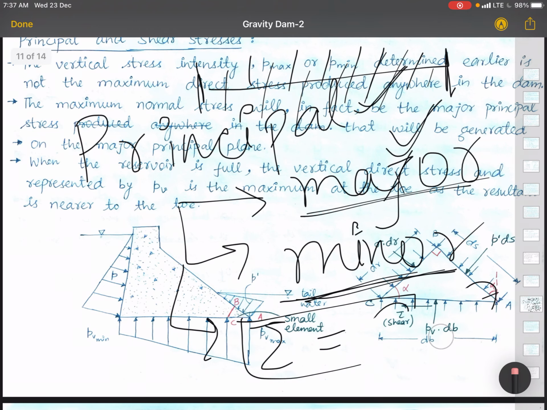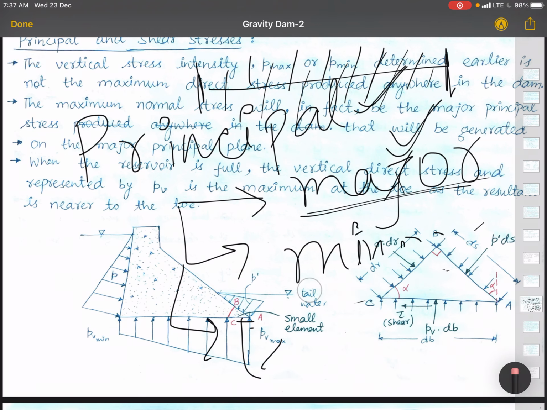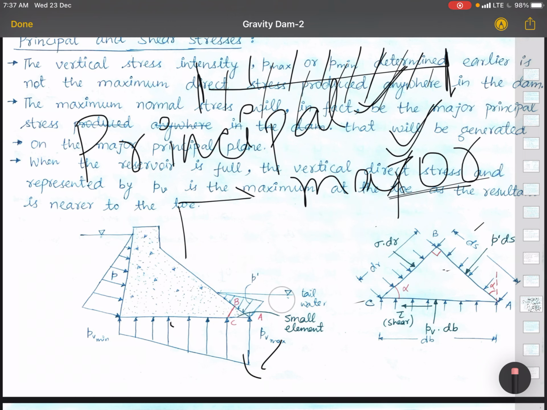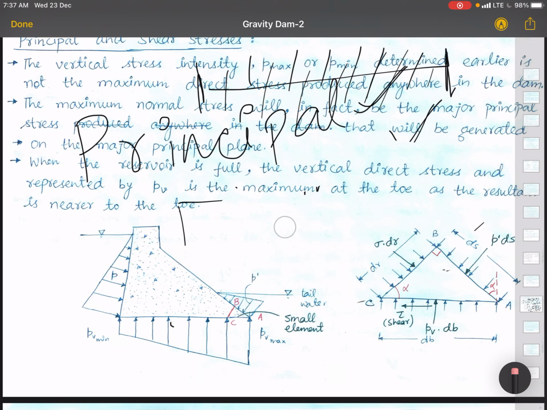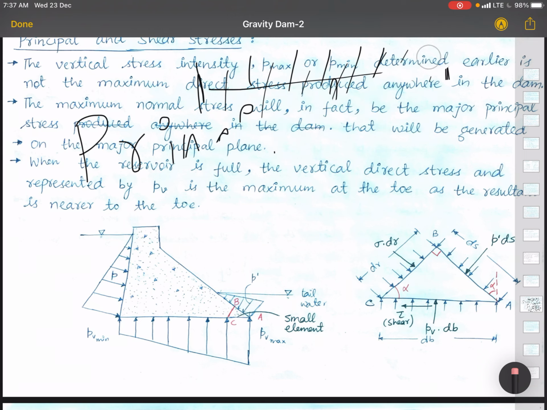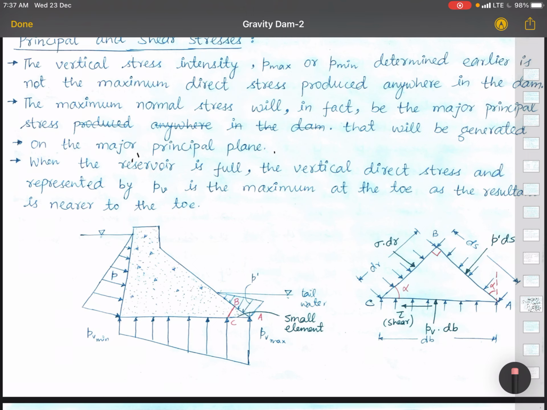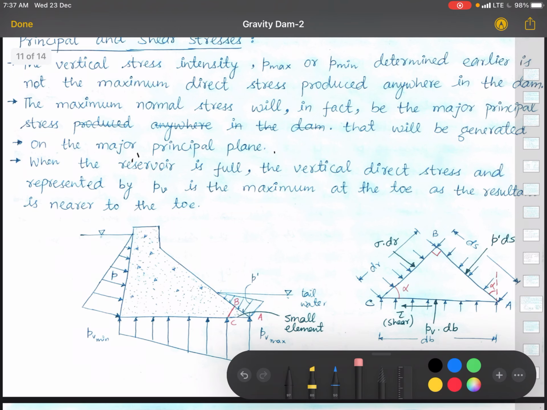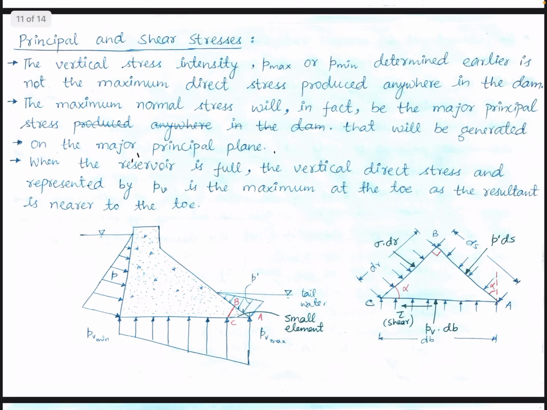So we have to calculate the principal stress. Why? Because we want to design it. For designing we must know the maximum stress coming. The maximum stress is nothing but the principal stress, the maximum normal stress and the maximum shear stress. So these two things we want to know. Let us see how we are going to find them. The vertical stress intensity, that is Pmax or Pmin, where Pmin means the minimum,